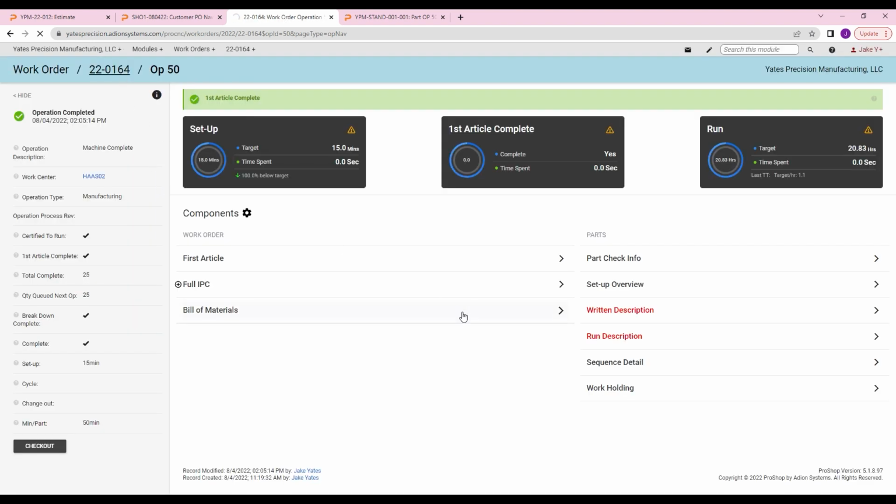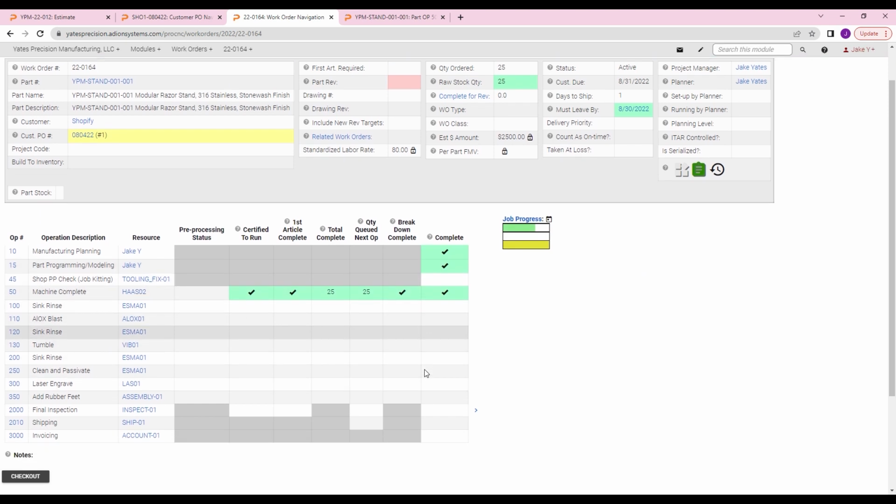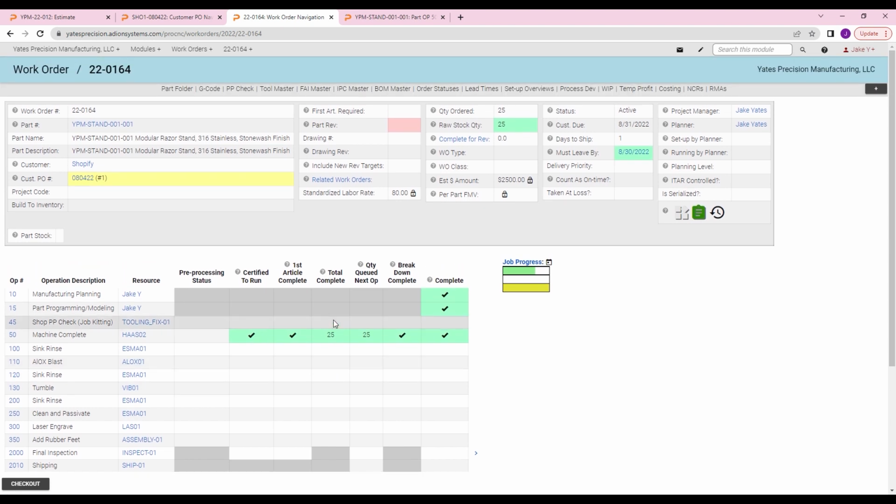Now you can see, I go back to my work order. Okay, this is all green, and I know it's moving on to, okay, they need to go to rinse. So this is good. The operator logs in, sees where the work order stands, and is able to jump right in and say, okay, well, now I need to take this work order, and it needs to go to sync rinse. I'm going to stop there for today because, like I said, I can get deep into this, and I'll